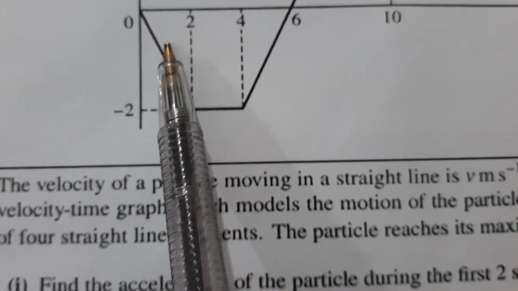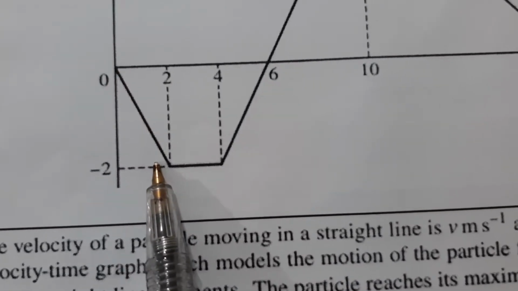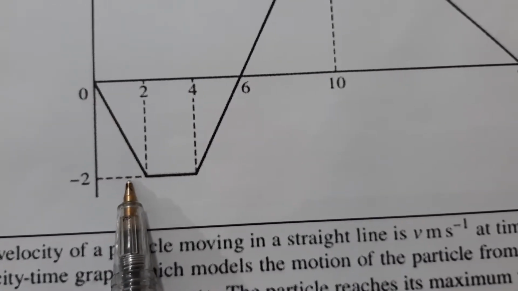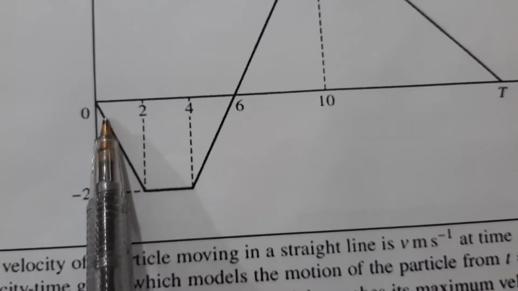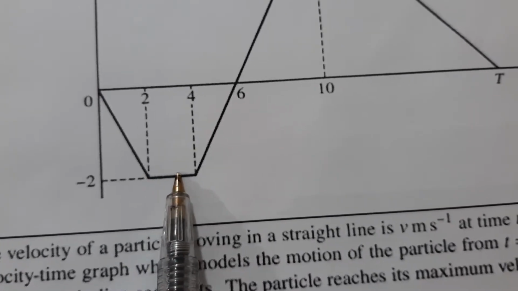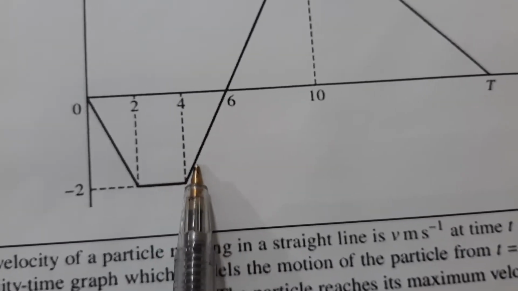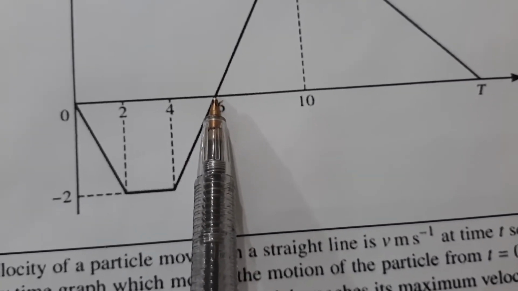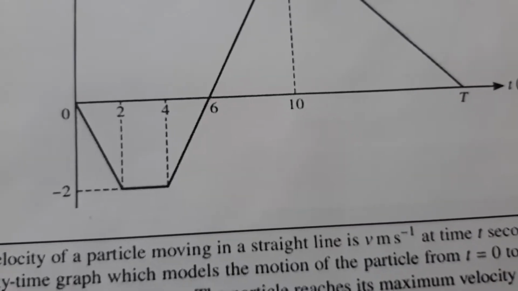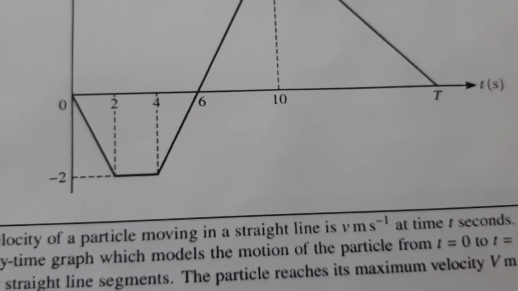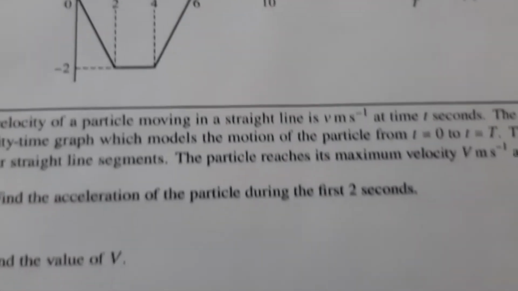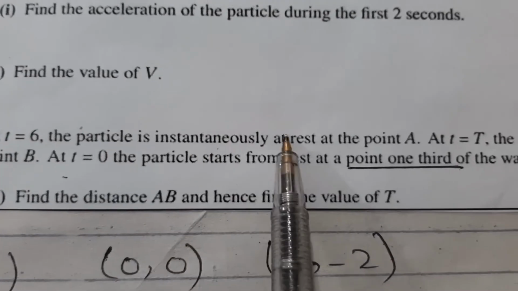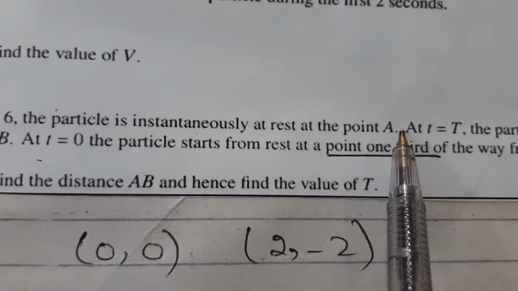So we know when the particle started moving, accelerating, moving with constant velocity, constant acceleration, and then constant velocity, and then slowing down again. Then at time t equals 6, velocity is 0, which means it was instantaneously at rest. And at that point, it took a U-turn. So the question is saying at t equals 6, the particle is instantaneously at rest at the point A,